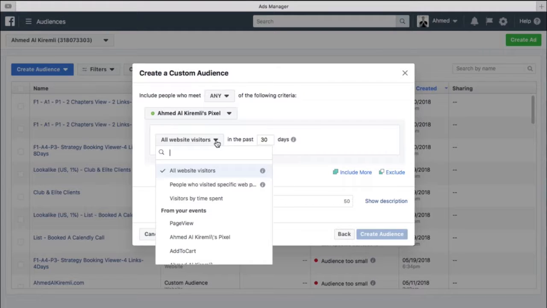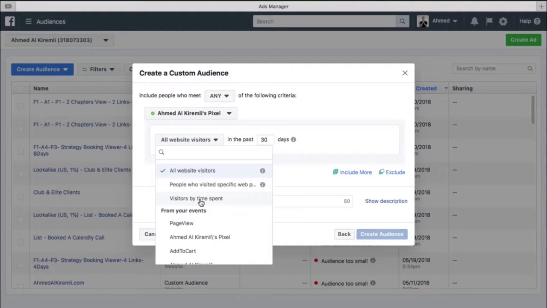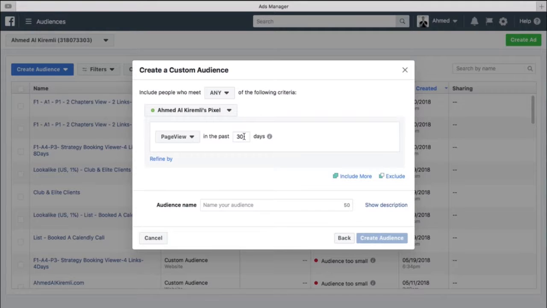So basically you click on this drop down, and you can pick it based on all the website traffic, or for a specific term, like the word shoes in a specific URL, or by the time spent. But the most used one is by page views. So I'm going to pick page view. And then you select the number of days that you want this custom audience. You can select up to a maximum of 180 days to track the traffic of this custom audience, and then you refine them by a specific